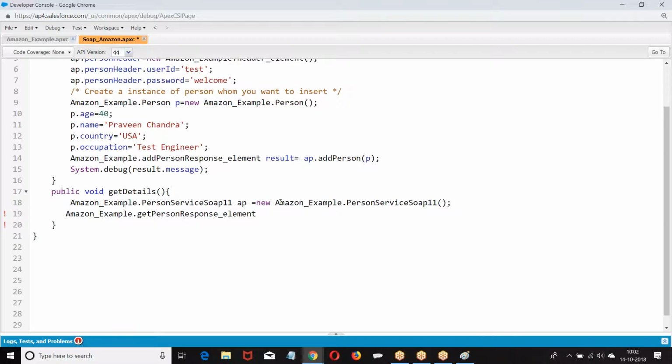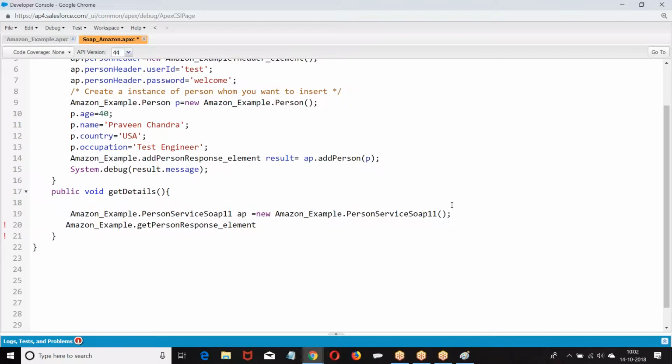Now you need to decide what type of service they are offering. Whoever is the service provider will tell you what type of authentication they are using. Is it open for everyone, or is it mandatory that you provide authentication? Now they told it is mandatory for a person to provide authentication data for inserting the data, and your data should be passed in the header. In this method, they told it is mandatory to fetch the data from Amazon, and they told to pass the data in the body part of the method.